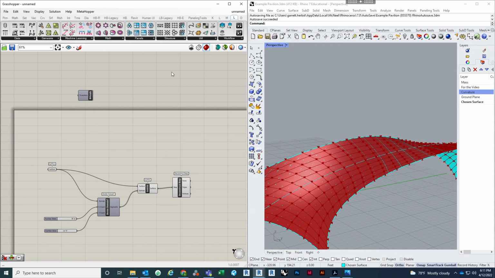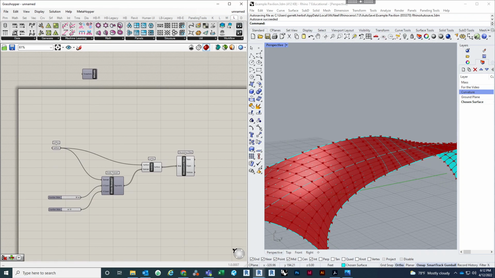Lunchbox has a bunch of panelization, generation tools, workflow, utility, all that good stuff. And so we're going to focus on the panels and the structure for right now, because they're pretty similar in what they do. But if you open up your Lunchbox main tab and then go to one of these groups,